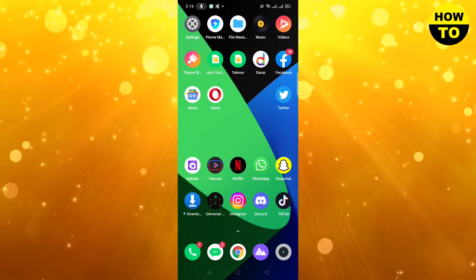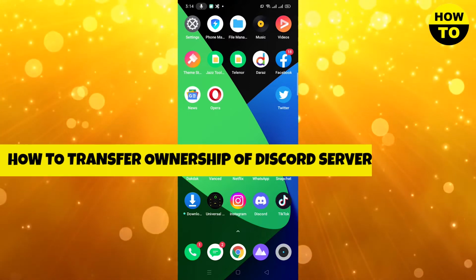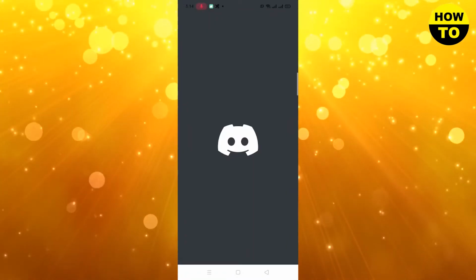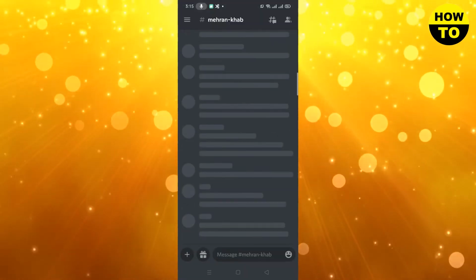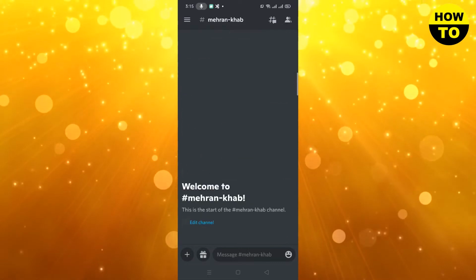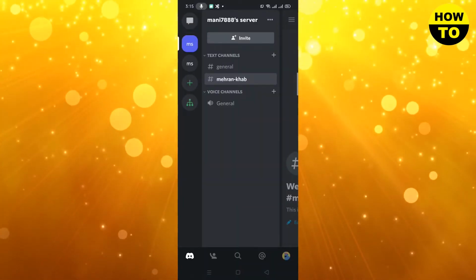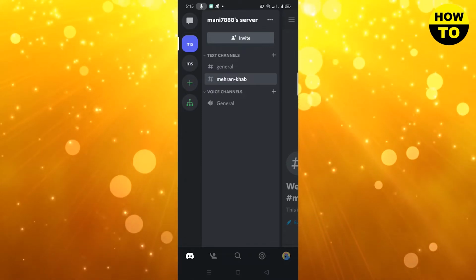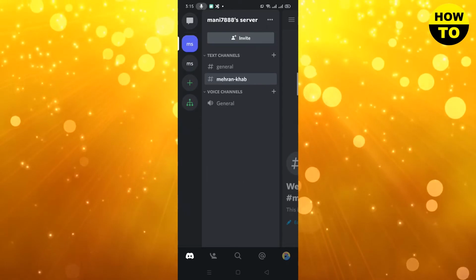So in this video I'm going to show you how to transfer ownership of a Discord server. So simply open the Discord app. If you're using a browser, you can log in through the browser. Now after this, when this is open, here you can see we have all these servers, like this is my